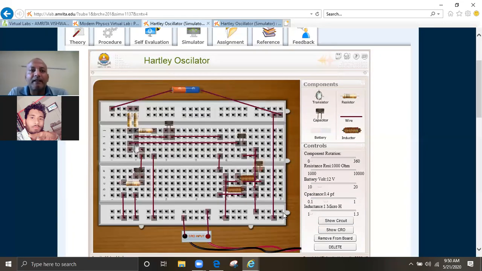So from this practical you can learn how to make self biasing of a transistor. You have to connect two resistances with the base, R1 and R2, and on the emitter side you have to connect one resistance Re and bypass this connection. Why do we bypass it? Because the AC does not affect the biasing conditions.